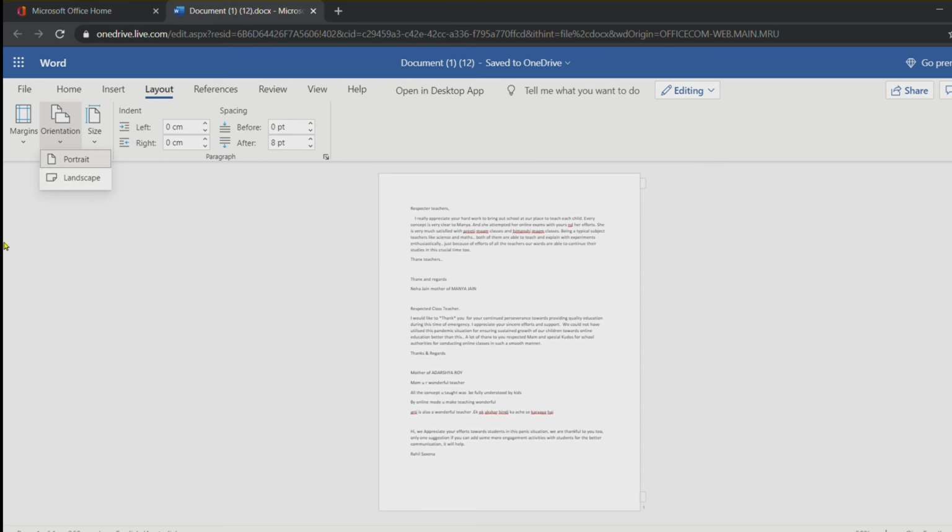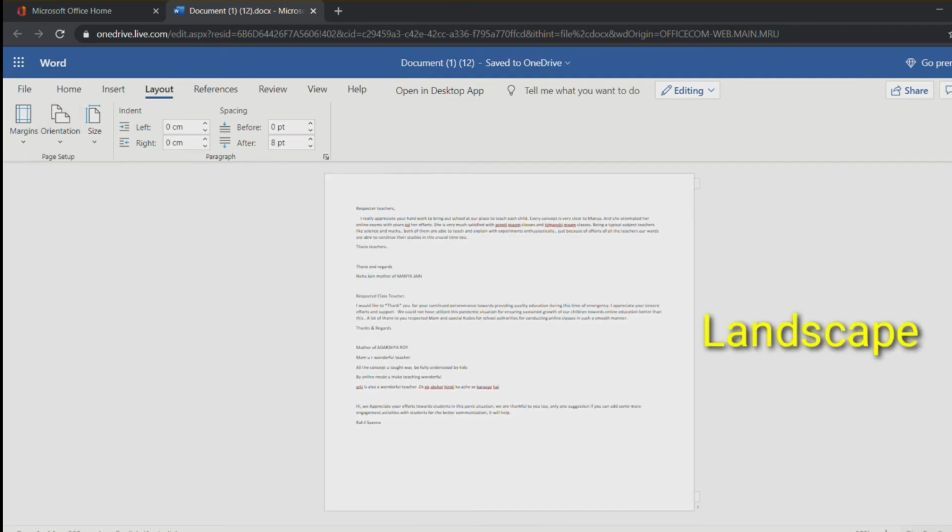So this is portrait. Let us do the landscape. Fine. So you can see the difference, children. Now the page has come in the landscape form. So like this, you can use the orientation to change the page, children, for printing options.